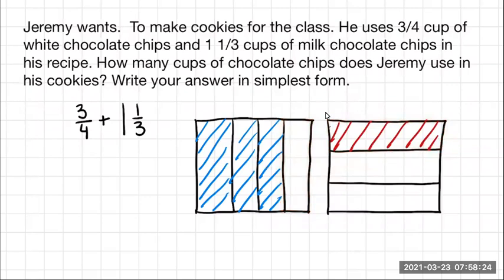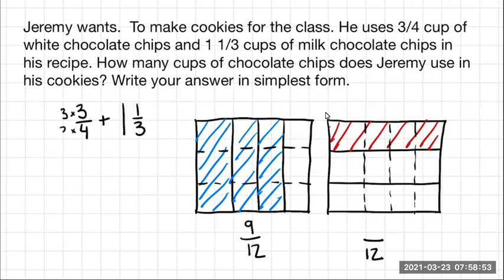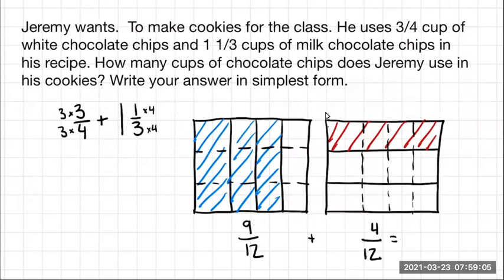So we're going to break our fourths into thirds, into 3 pieces. We're going to decompose our thirds into 4 pieces. So total, our new denominator is 12. And we started with 9 pieces because we would multiply by 3. So we broke it into 3 parts. And then on this side, we're going to have 4 12ths. When we add them together, we end up with